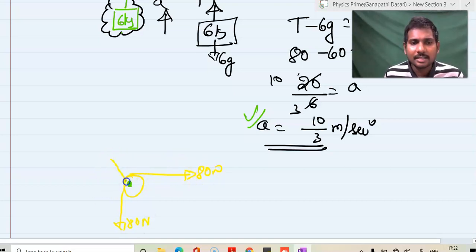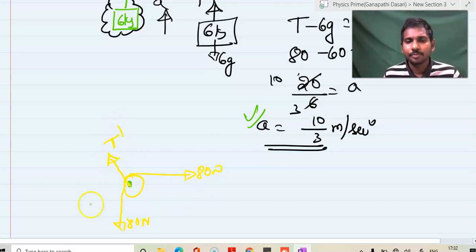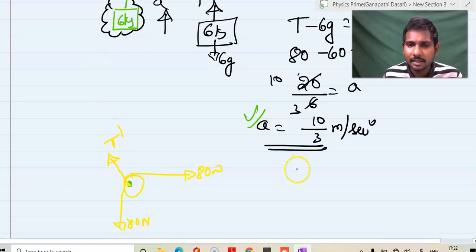Then there is another string or rod here. Here there will be tension T dash. Now if you see, what is the net force on this pulley due to this 80 newtons and 80 newtons? So there will be a net force on the pulley in this direction, which is having 80 and 80, means 80 root 2, root